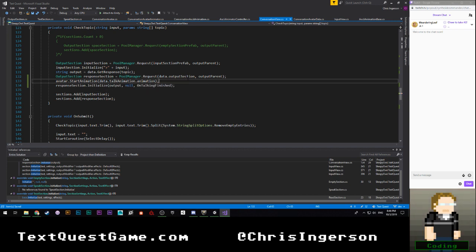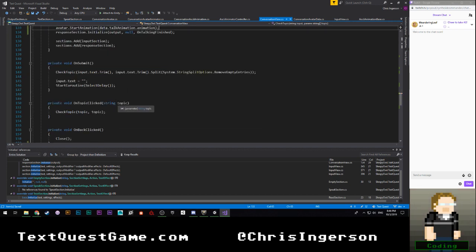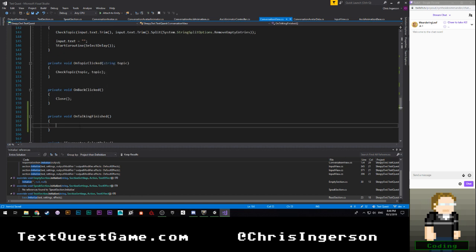There is no callback that we want for that, which means that on talking finished, we're just going to say avatar dot start animation data idle animation. Oh, animation. At some point, I was planning on adding an extra function that just took an animation selector and that'll wrap around it.